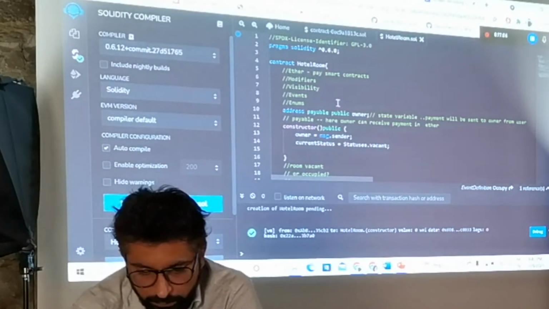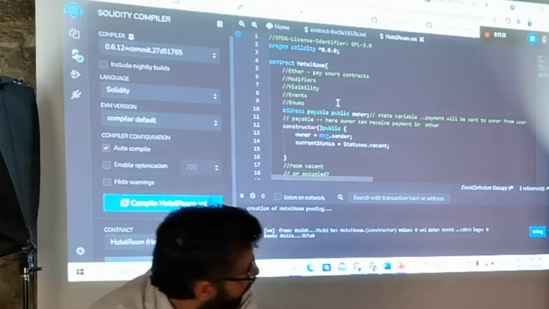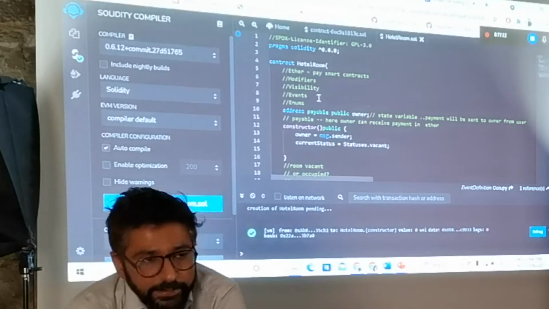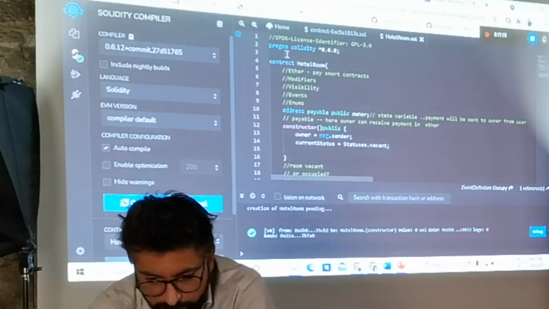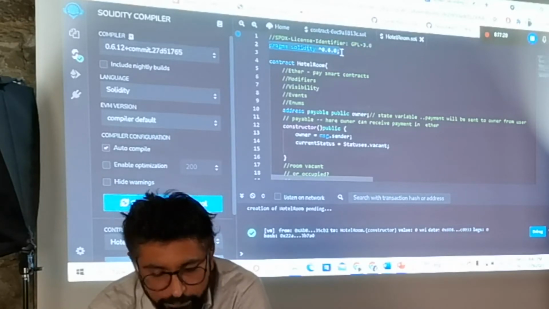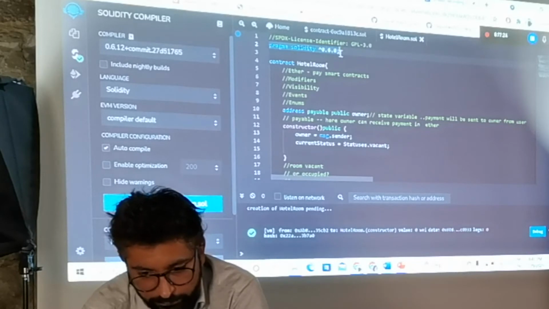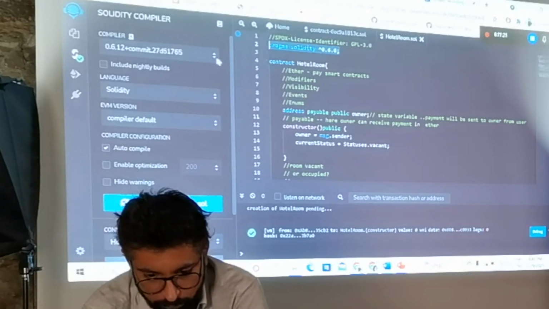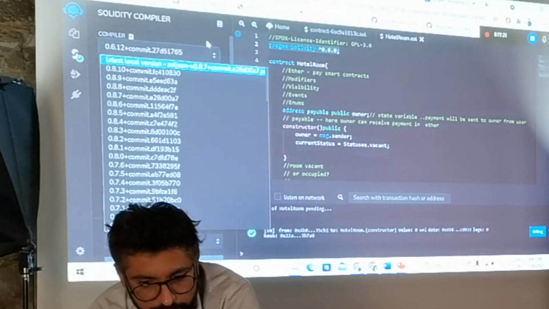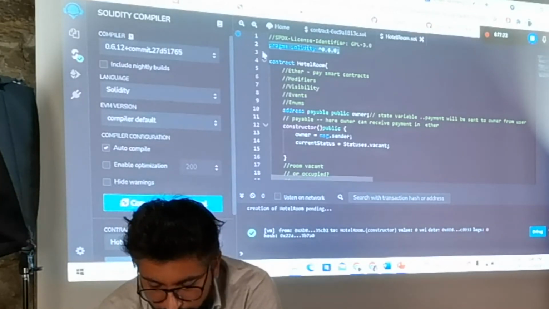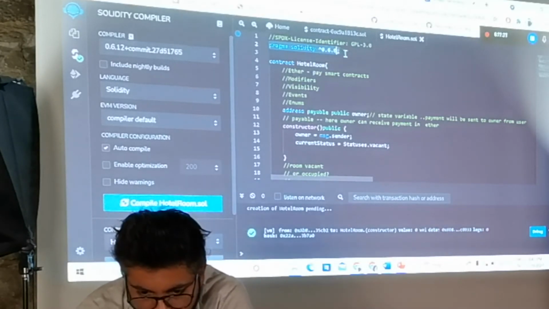So this is an online integrated development tool for writing the Solidity language, for writing a smart contract in Ethereum. Whenever you write the first line of code, the pragma solidity line, you have to define the version of the Solidity language that you are using. Solidity keeps on updating. There are many versions, and new versions keep coming, so we have to stay updated and tell the program which version we are using.